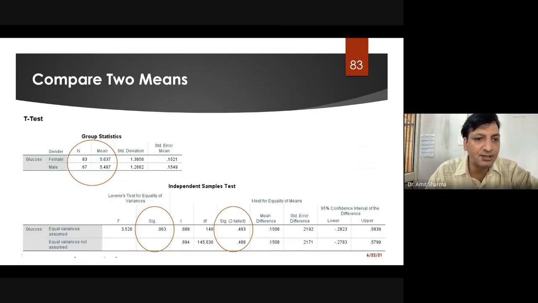Once you click continue, you are going to get the results of the independent sample t-test. Now, as you can see on the screen, we have received two different tables. The first table is showing the descriptive statistics.